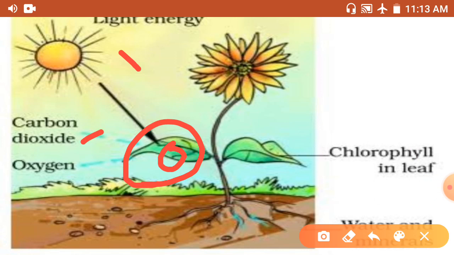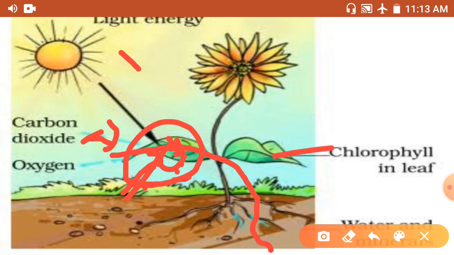In the last class we learned about the stomata. What are the stomata? Stomata are tiny pores on the leaf. Therefore all the raw materials must reach the leaf. Water and minerals present in the soil are absorbed by the roots and transported to the leaves through the stem. Carbon dioxide from the air is taken in through the tiny pores on the surface of the leaf. What are the tiny pores called? Stomata. Very good.